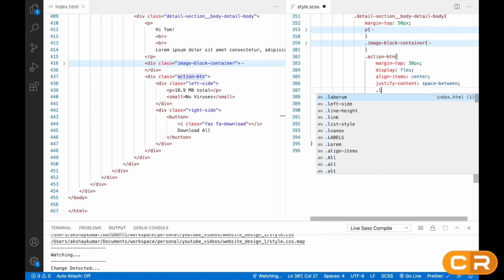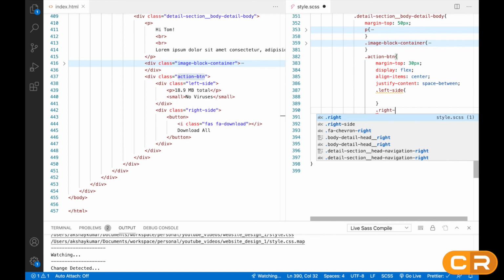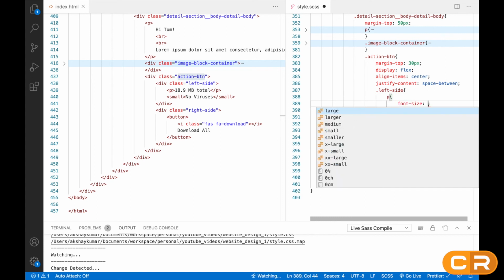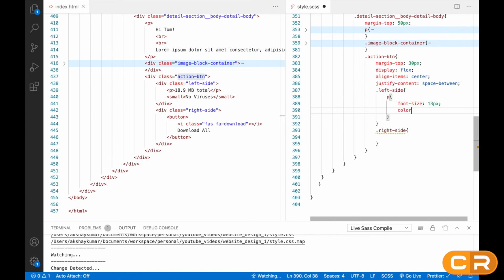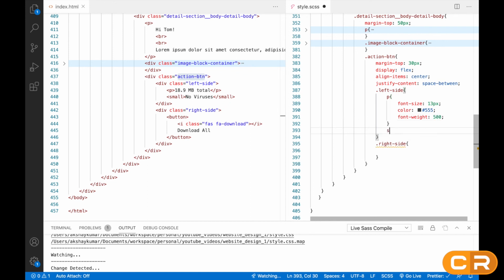Here I will write left side and I will write right side also, like this. Inside left side I will take the paragraph tag. I will write font size 13px, color some dark gray, then font weight 500.